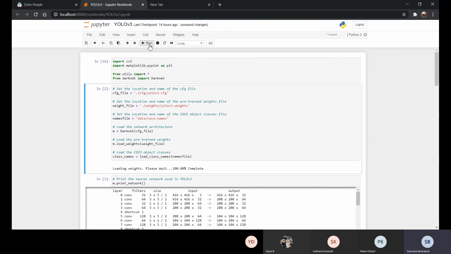The configuration is already given initially, which has all the parameters. And then there are also the pre-trained weights, and the object classes. There are around 80 classes for this demo.